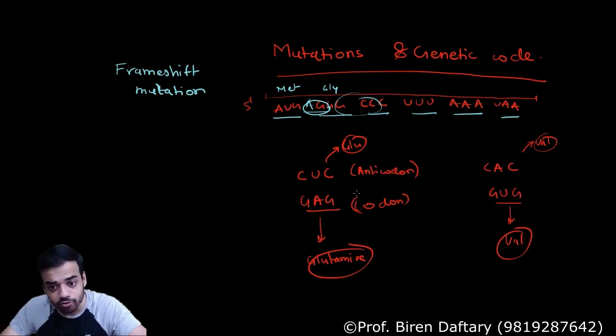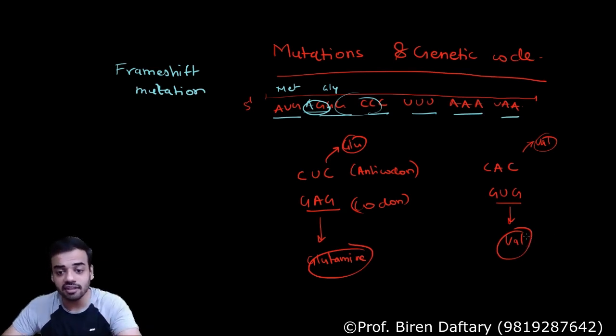So people who are suffering from sickle cell anemia, instead of producing glutamine, produce valine. Valine is also produced normally, but this codon's function is to produce glutamine in normal people. Because of a mutation in this single nucleotide, A gets mutated to U. It is a substitution mutation. A gets substituted, and because of that the amino acid changes. So in sickle cell anemia, valine is produced instead. Is this clear? So sickle cell anemia is the best example of point mutation. This is given in your book. I don't think they have given this example, but please remember that GAG is the codon in normal people, and people who are suffering from sickle cell have GUG.